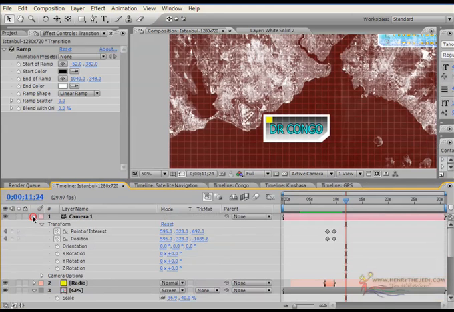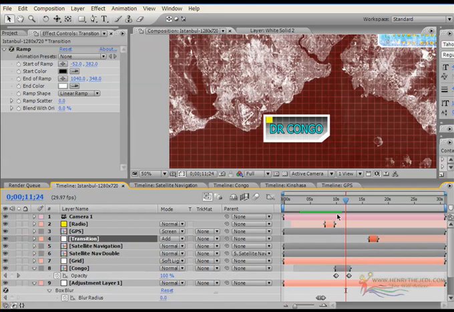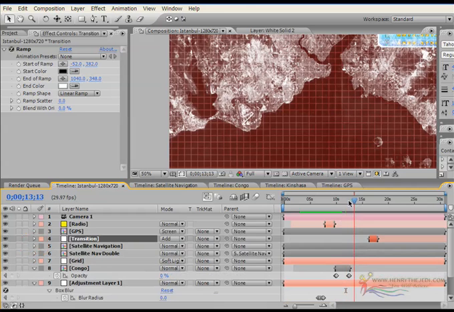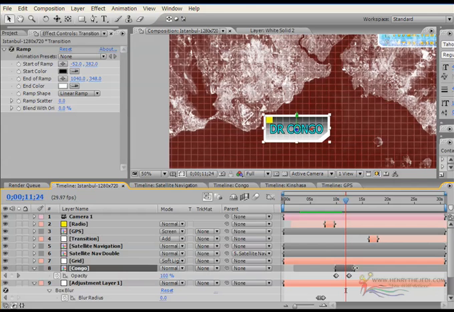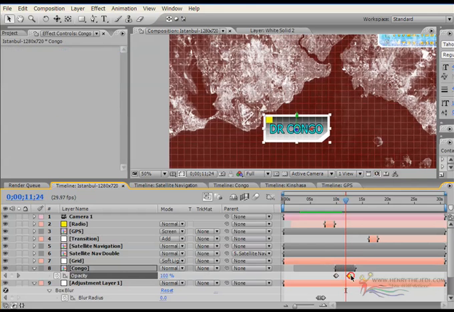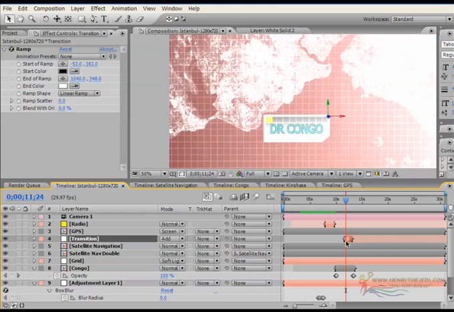So once that is done, we move a bit ahead of time, and let's extend the length of our Congo layer to something a bit further. Let's move also the keyframes. Then select the transition layer and then squash it down, or there it is already. Perfect. So what will happen is that